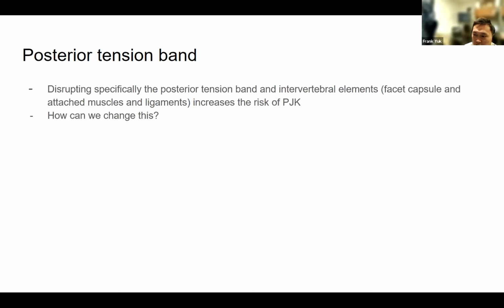So disrupting the posterior tension band, the PLC, especially the interspinous ligaments and the facet capsule, and the attached muscles and ligaments, increases the risk of PJK. And so how can we change this? How can we make this better? There have been some methods studied to strengthen or prevent disruption of